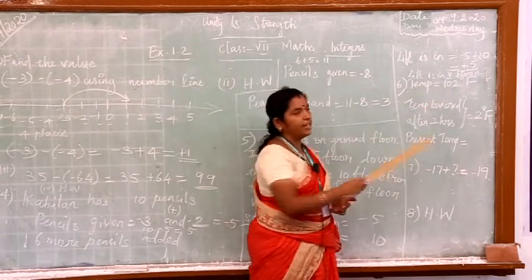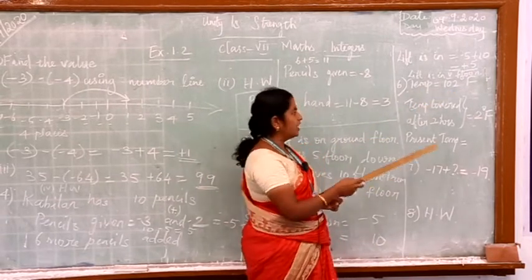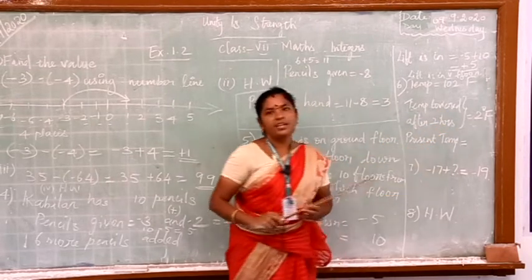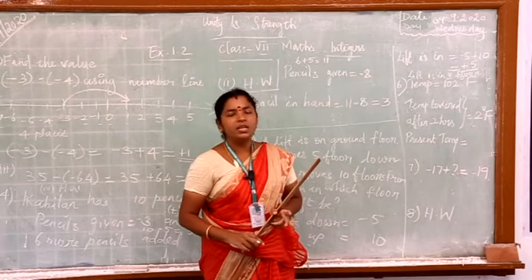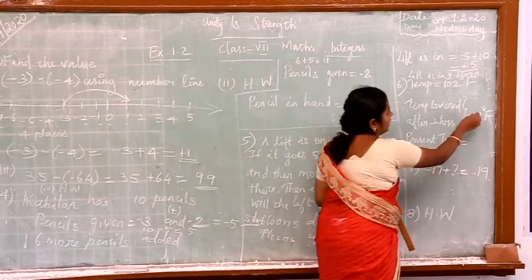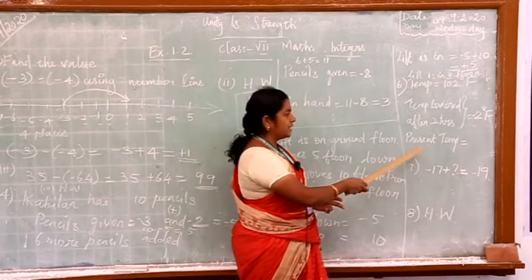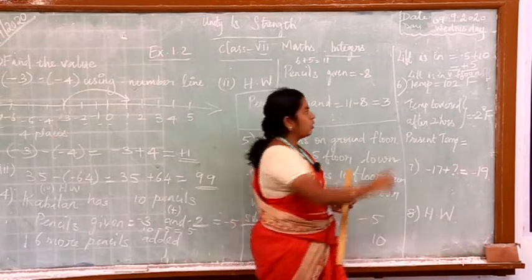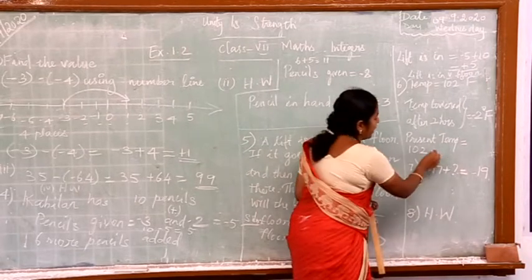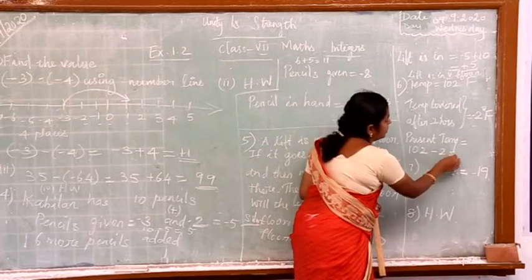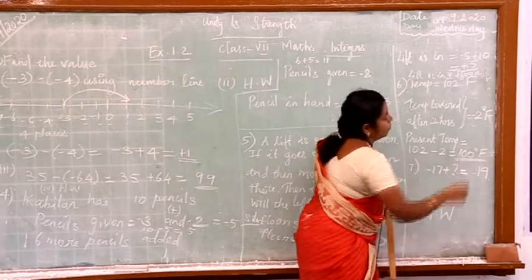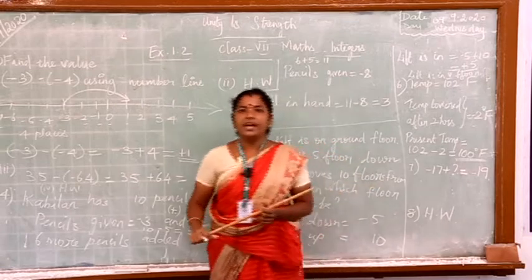102 degree Fahrenheit. So after 2 hours she had taken the medicine. So the temperature lowered is 2 degree Fahrenheit. So you know lowered temperature means we should take it as a negative integer. So we are taking it as negative 2 here. So what is the present temperature is the question. So we are going to take the temperature she had before, minus 2, which is equal to 100 degree Fahrenheit. So now her temperature will be 100 degree Fahrenheit.